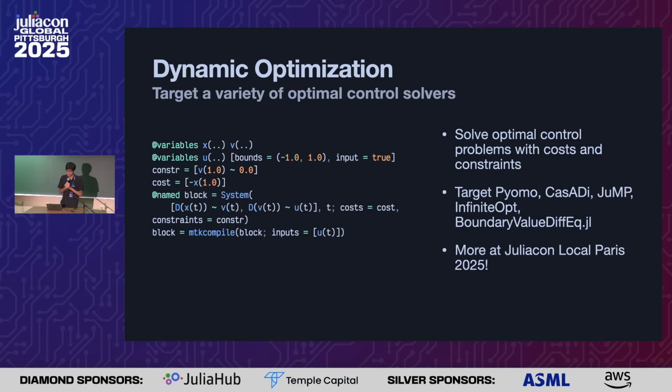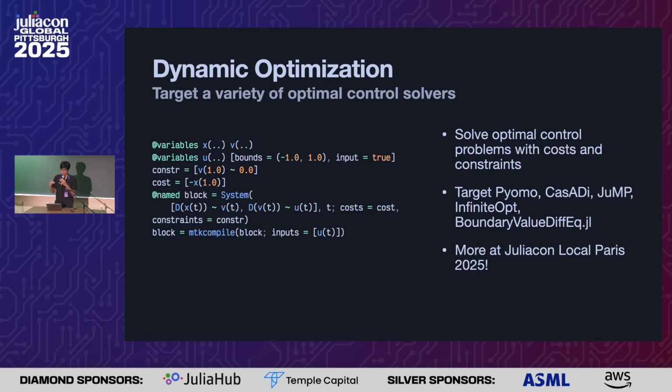Another really cool thing that we've added recently is dynamic optimization. So we can solve optimal control and related sorts of problems. In this example, it's an ODE, but we have a cost and a constraint associated with it. So we want to say that the value of v at t equal to 1 should be 0, and that we want to maximize the value of x at t equal to 1. And so we can just provide those to the system, and we can